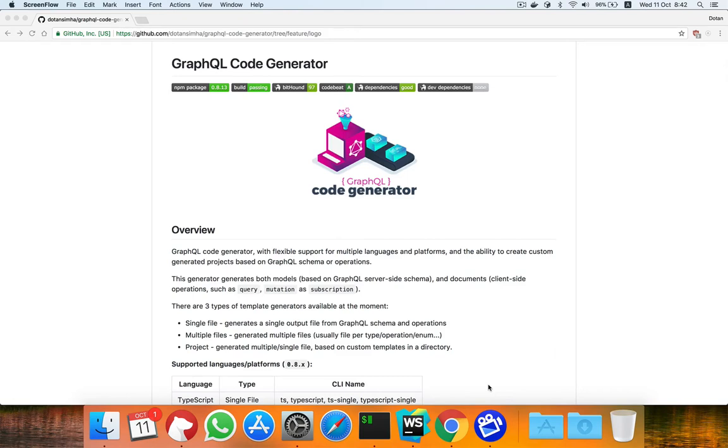And I started to work with GraphQL about 2 years ago, and since then I created a few open source projects related to GraphQL. One of them is the GraphQL code generator, and today I'm going to demonstrate the GraphQL